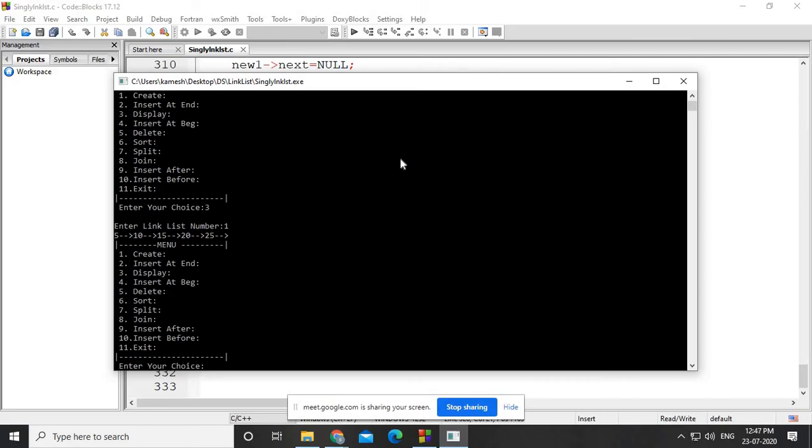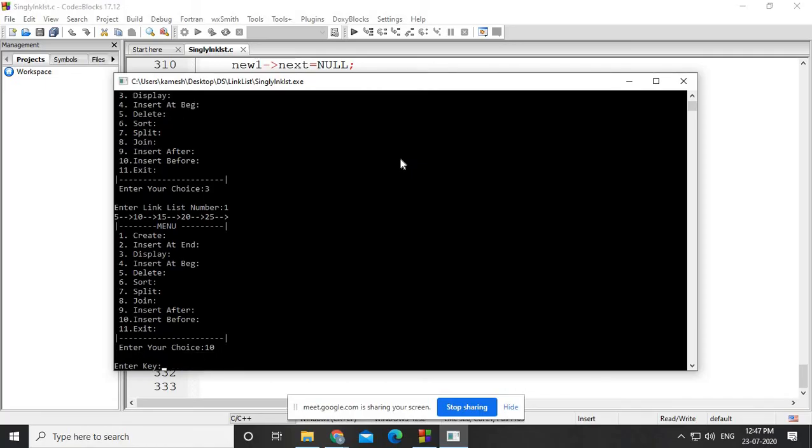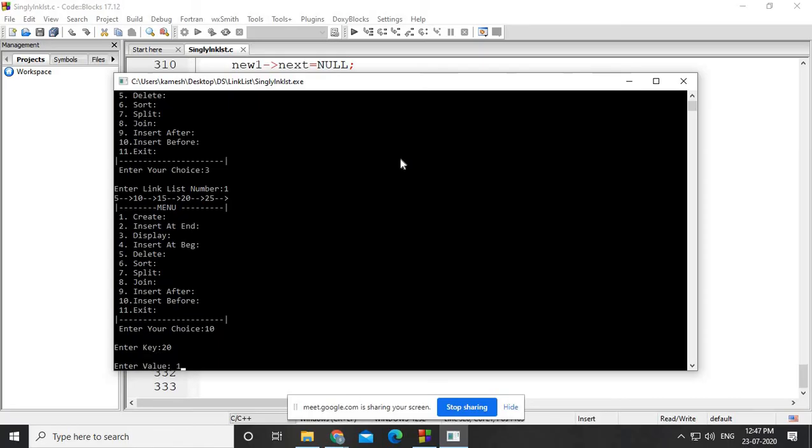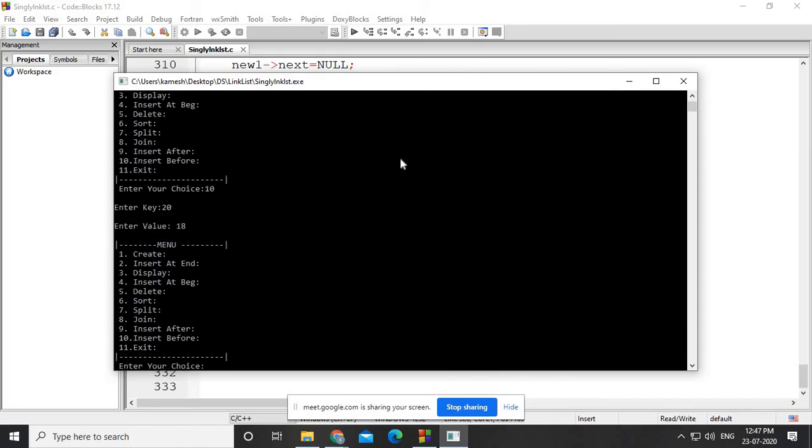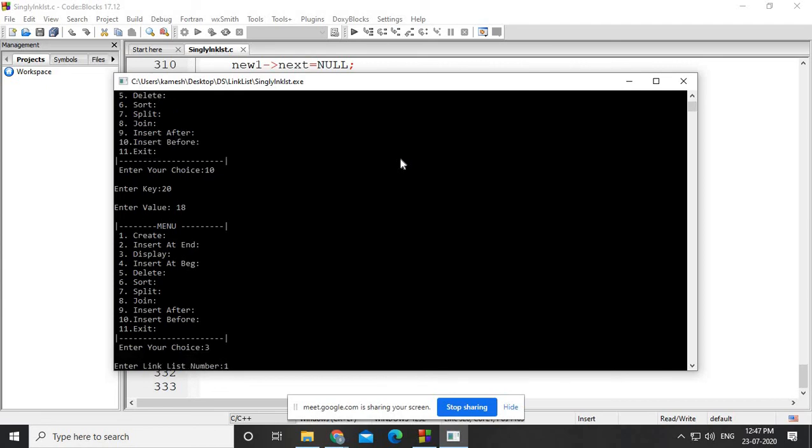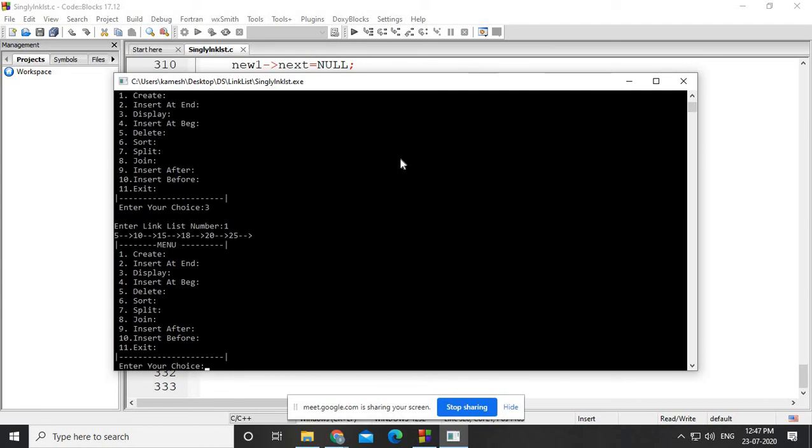Insert before, I want to insert before, right, so I'm just using choice number 10. What is the key value? I want to insert before 20. Which value? I want to insert 18, right? Again we are just showing the linked list. So display which linked list? Linked list number 1. So you know 18 is inserted before 20.